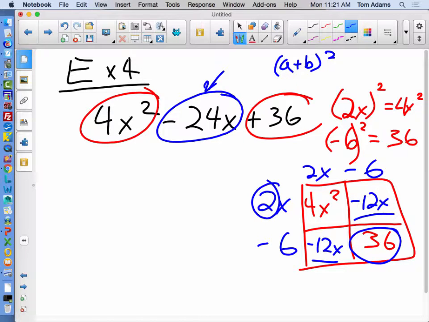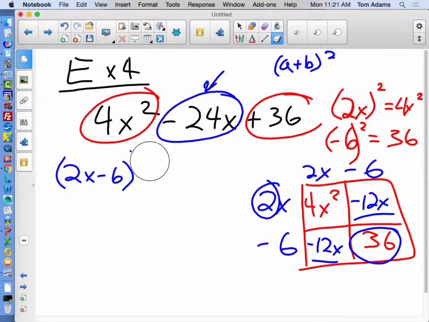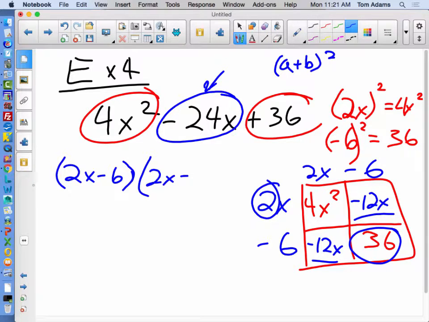So, what did I find out? I found out that it's 2x minus 6 squared. But let's not write it as squared. Let's just write it out like we normally would. So I write this out and it's 2x minus 6 times 2x minus 6. It's always the same. And then you say, well, that's the same as 2x minus 6 squared. It's a perfect